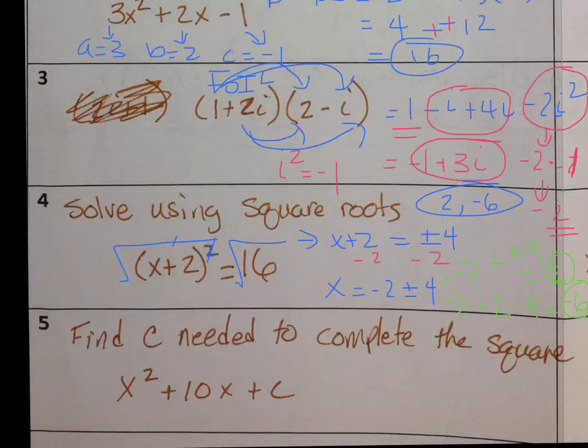Finally, find c needed to complete the square. So basically, I want to make this a perfect square trinomial, and this process couldn't be easier. Take your middle term, cut it in half, and then square it. So the middle term is 10. 10 cut in half is 5, and 5 squared is 25. So x squared plus 10x plus 25 would be a perfect square trinomial,